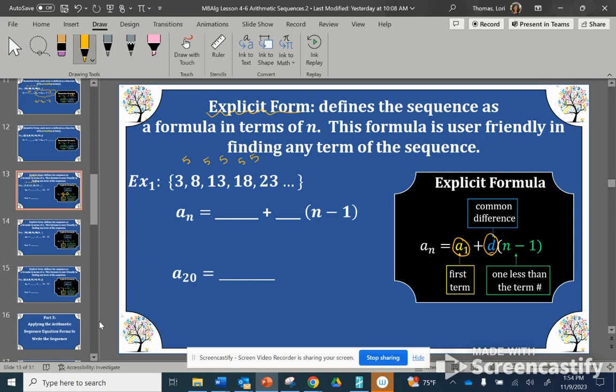So a sub n equals our first term plus our common difference times n minus 1. Now, we are going to simplify this, and it's going to be put into what looks like slope-intercept form. So we are going to distribute the common difference